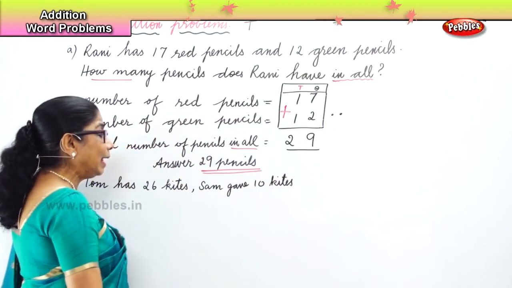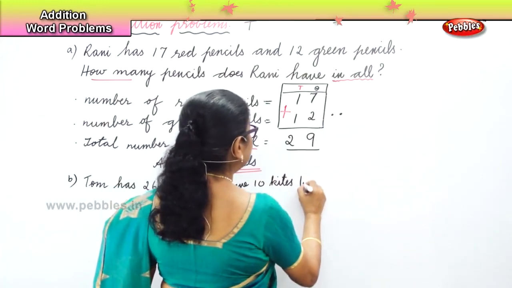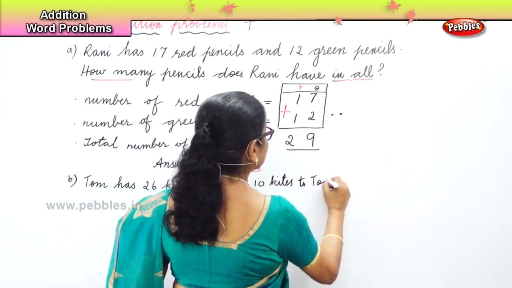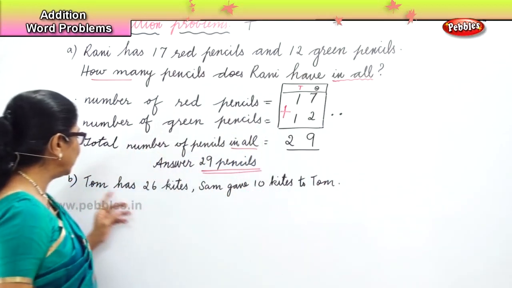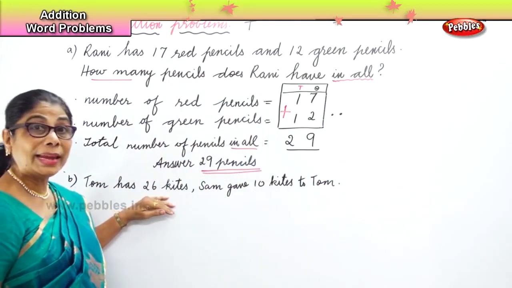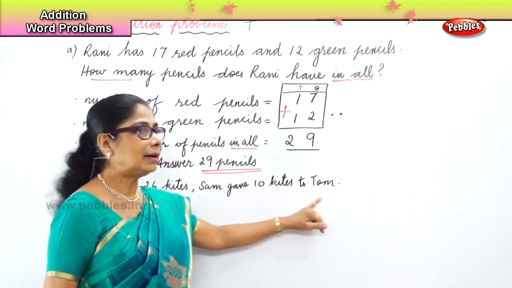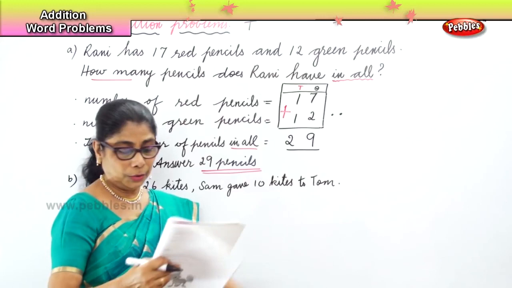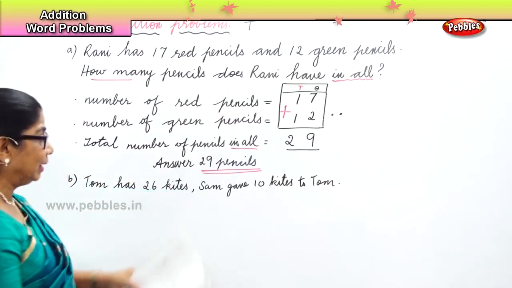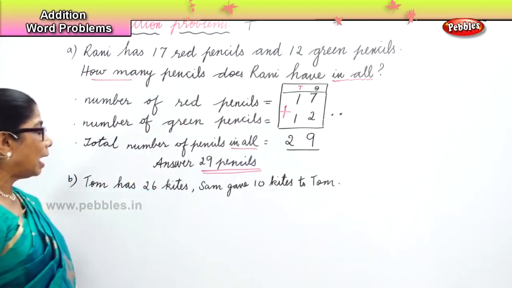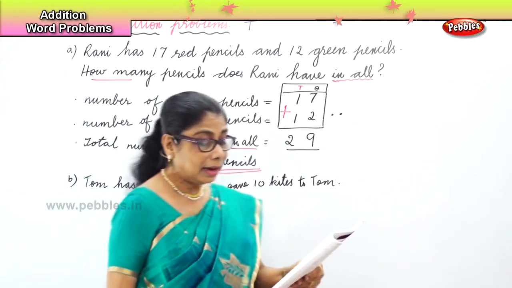Sam gave 10 kites to Tom. Now, the small story. Tom has 26 kites. Sam gave 10 kites to Tom. Now, how many? The question here is, how many kites